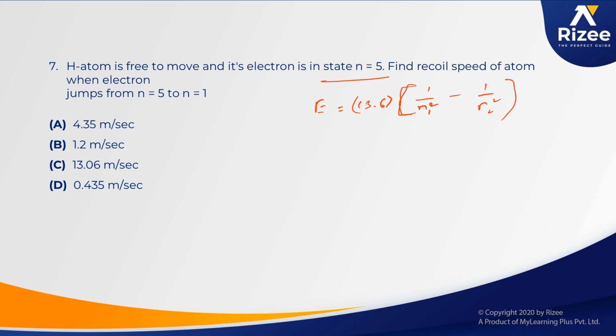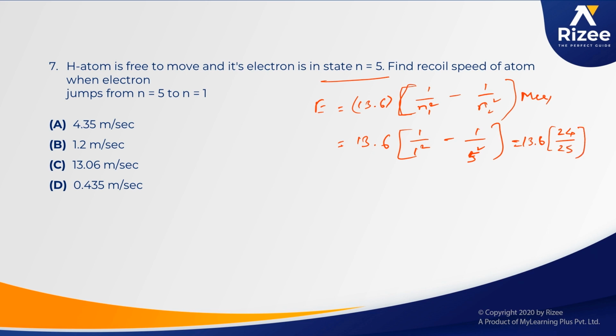So it is coming from the fifth level, so that will be the 13.6 in terms of the million electron volts. I'm getting this by solving this one. This is 1 by 1 square minus 1 by 5 square, sorry. So on solving this one, you can get this energy value. After getting this energy, convert this from million electron volts to electron volts. So this can be written as 13.6 into 24 by 25.